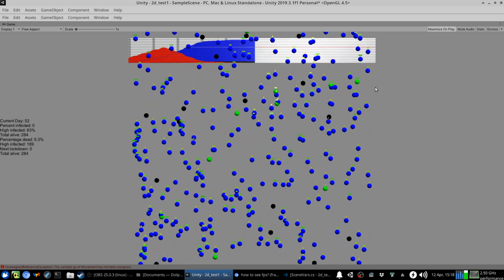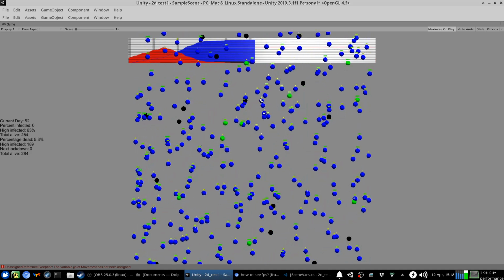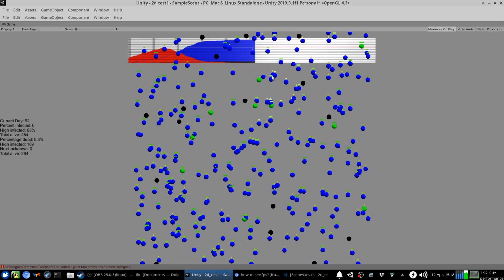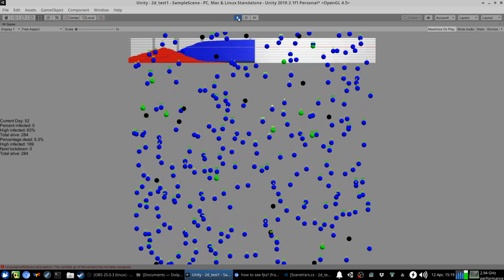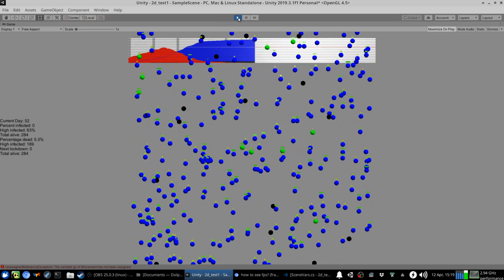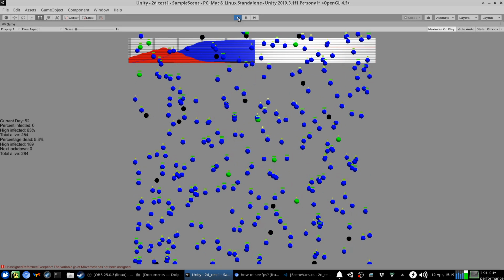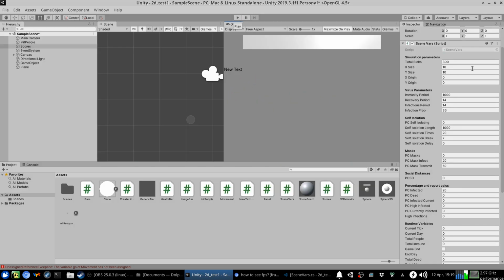You can see a little thing that I've added now is they've all got a little health bar over the top of them, like a strategy game. So let's take that off, and that's simulating 300 blobs as they're called. We've got 300 little people going around. So let's have a go with self-isolation. We'll add 70%